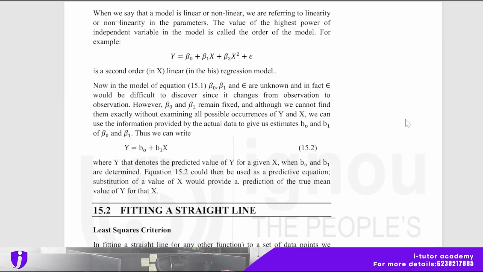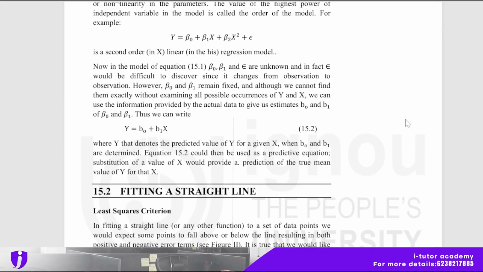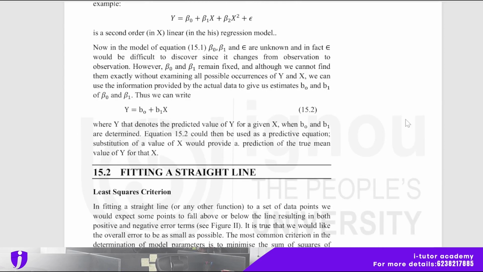And now in the model of the equation also here, you just go through the equations and explanation, and it will help you more in case any direct questions come from this portion. And fitting a straight line,